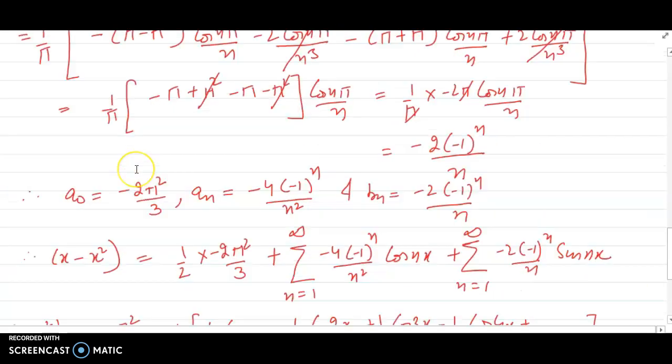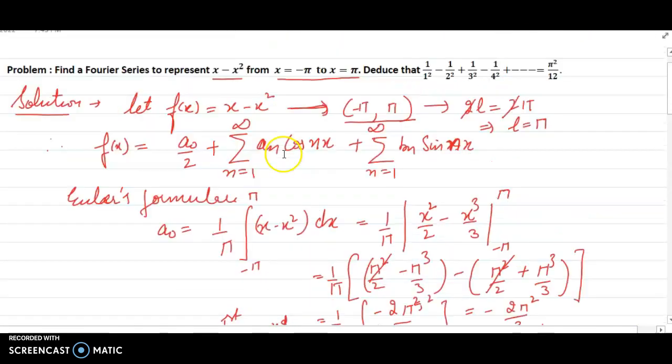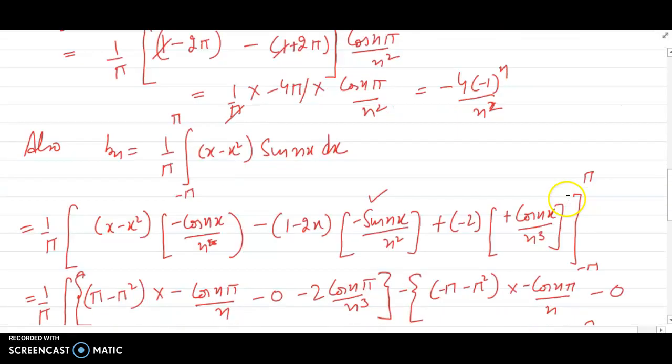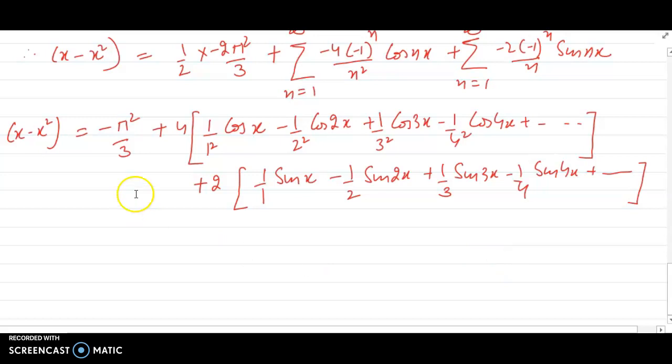Now further we have to deduce that 1 by 1 square minus 1 by 2 square minus 1 by 3 square minus 1 by 4 square and so on, their summation is pi square by 12. Further, to deduce the series, we need to select the value of x in the interval minus pi to pi in such a way that all cosines should get converted to 1 and all sines should get converted to 0. And the sign of